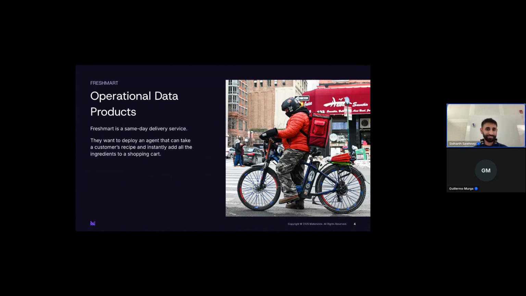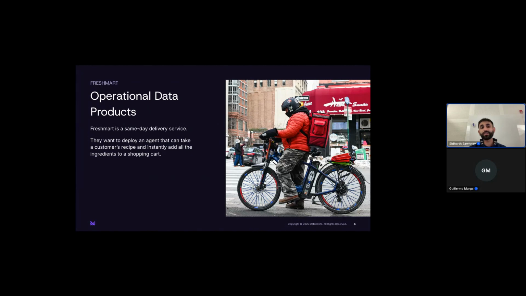While this seems like an easy problem to solve or an easy product to build out, this actually touches on quite a few different data services that the company may have. It needs to pull different tables from its product catalog. It needs to see what items are currently being reserved by customers.